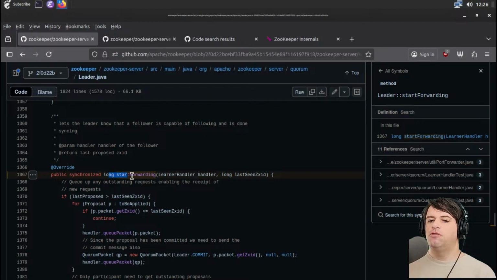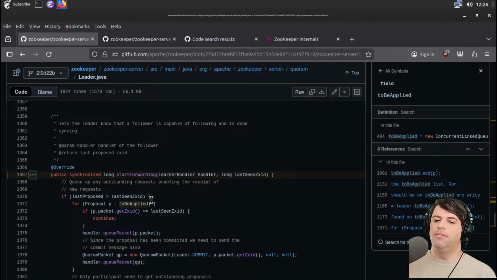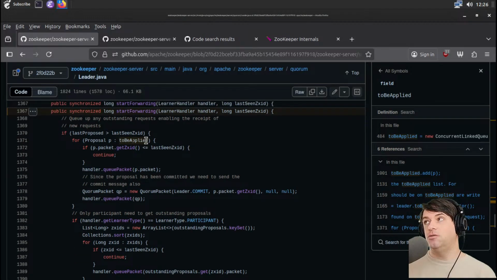So start forwarding looks at the last proposed, assuming vote proposal, or maybe proposed transaction. If it's bigger than the last seen transaction, then there's something to be applied, like events or transactions that haven't been applied yet. Or proposals, I guess is what they're called. So for each proposal,